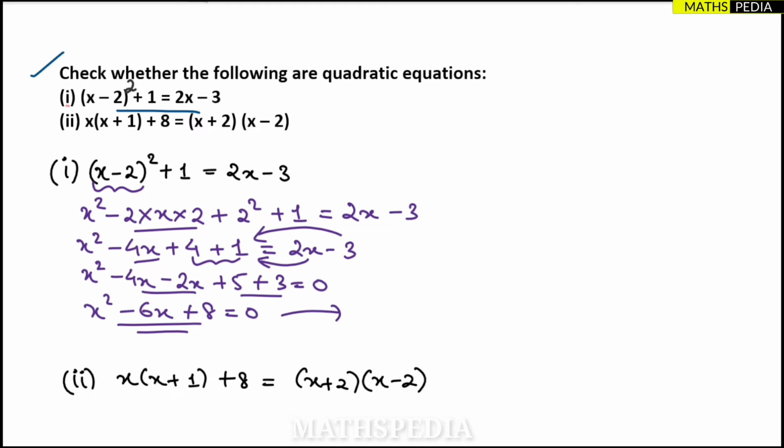Okay, so just compare with ax square plus bx plus c equal to 0. You can observe that we have x square here. What is the coefficient of x square? It is 1. So in this simplified equation, we have x square. In any quadratic equation, the highest power of the variable involved should be 2. Here the variable is x, so x square should be present, or any variable with power 2 should be present. That's it. Okay, so this is the quadratic equation we can see. Next, the second part we'll see.